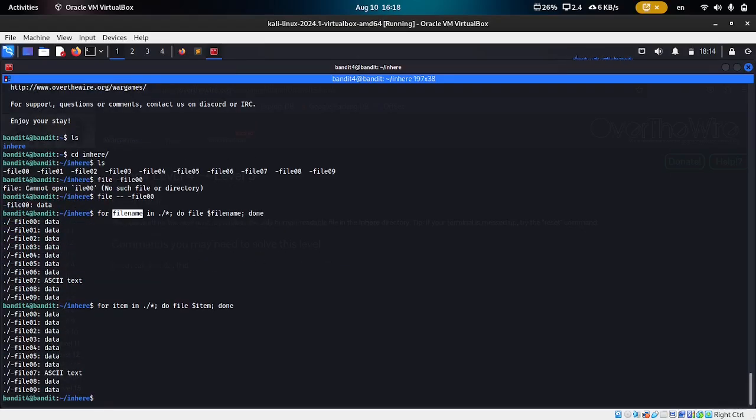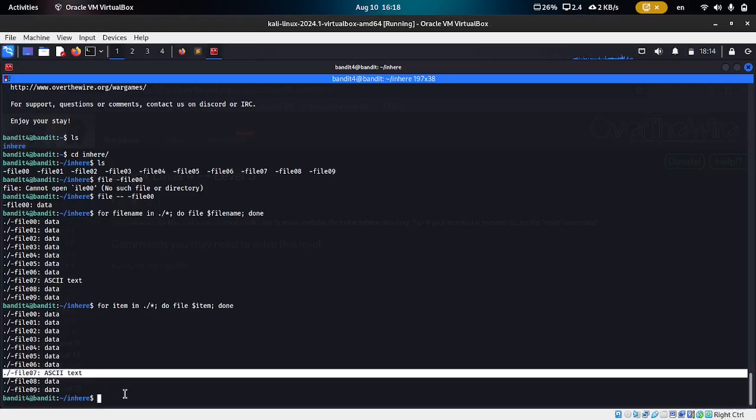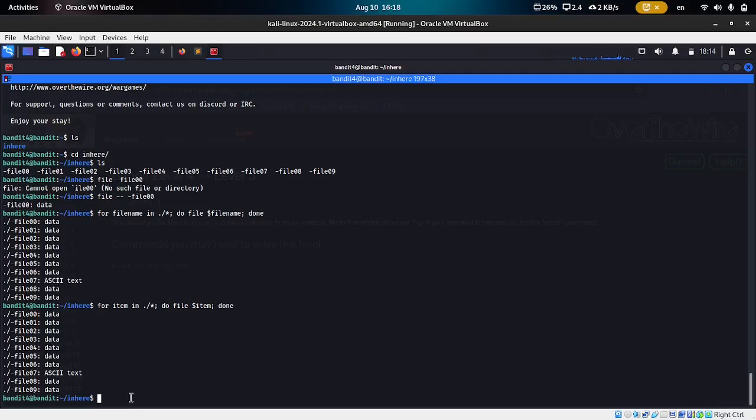And it's the same thing. Okay, so this is like the variable name to work for. So we can see here that all of the files are data files, not human readable except for one, file number 7. Okay, so we can